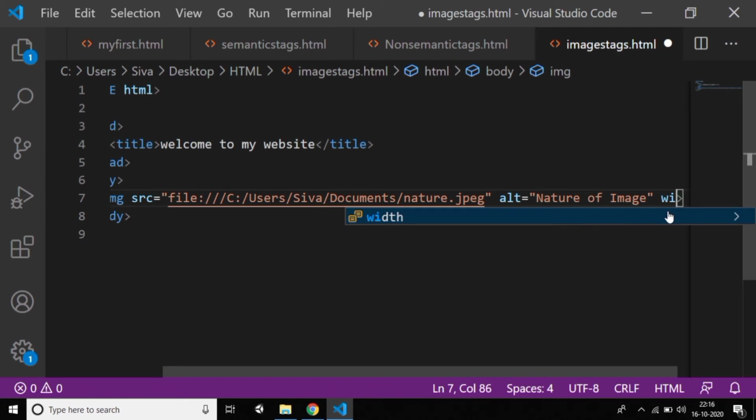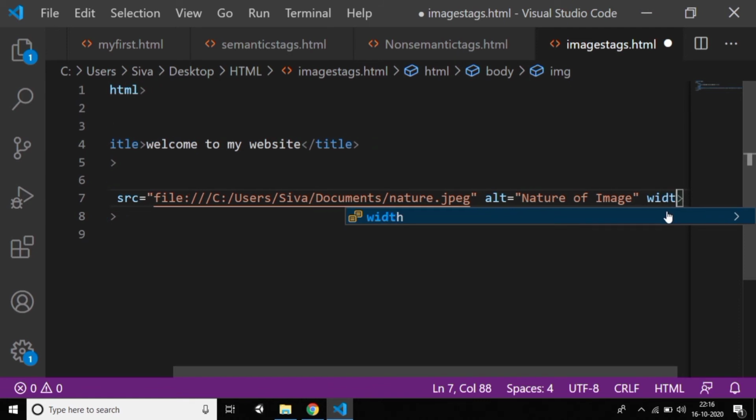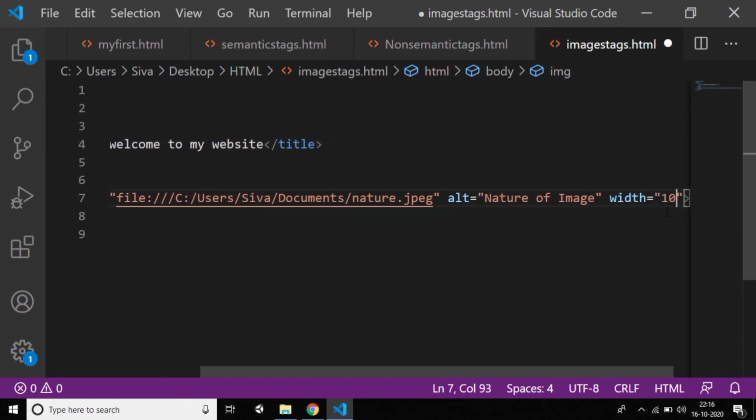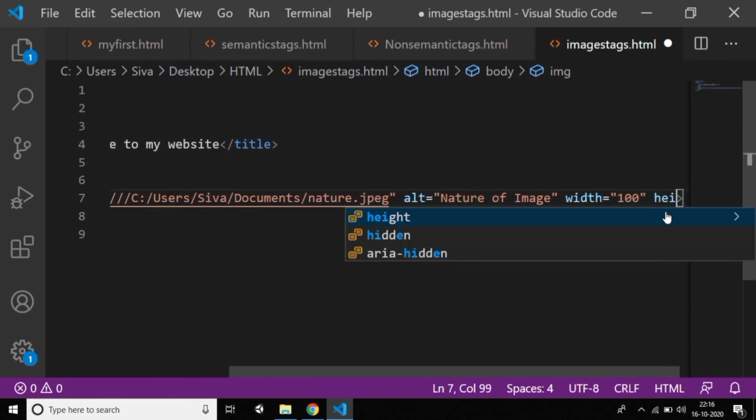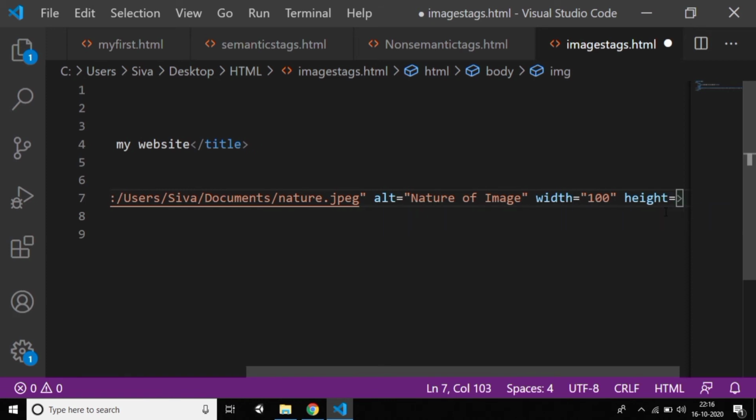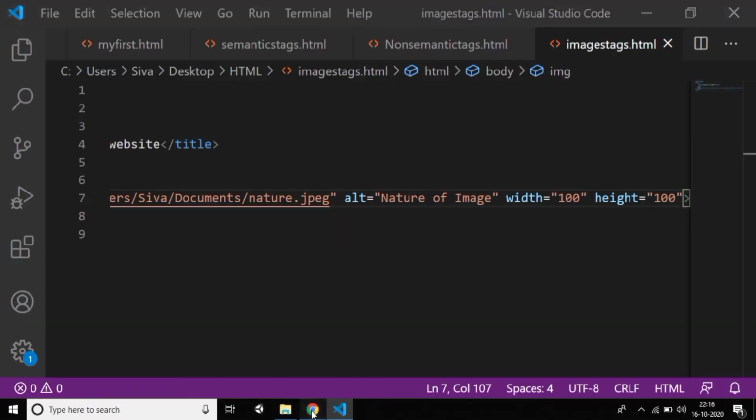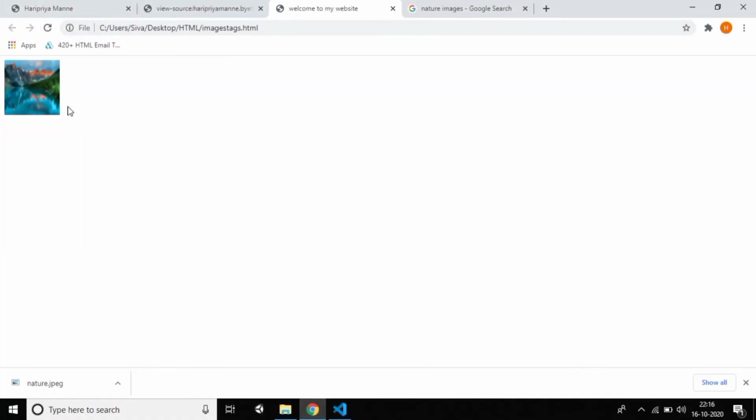You can give the width of this image, so I'm giving 100. And also you can give the height, of course. I'm giving height also 100, and just Ctrl+S and reload. You can see the small image which is 100 pixels.